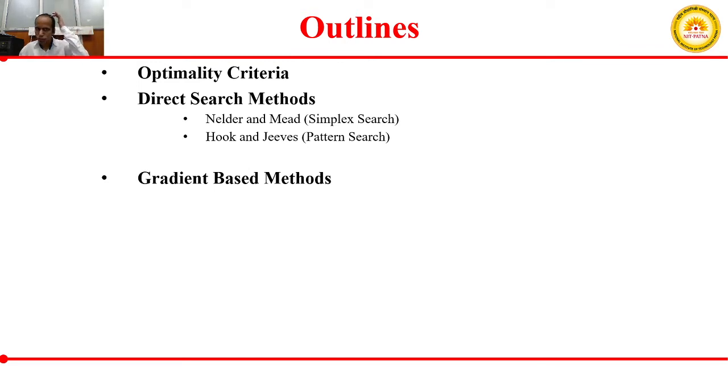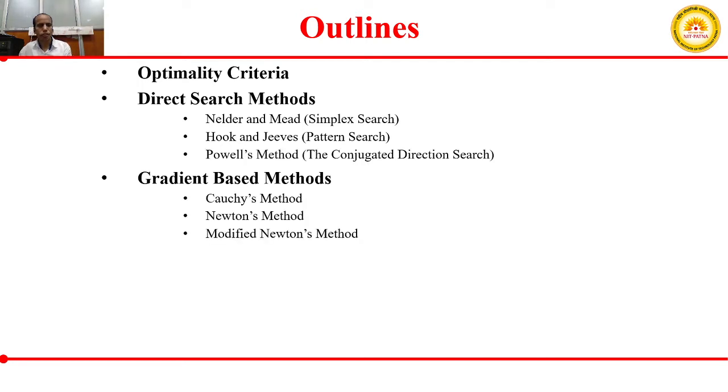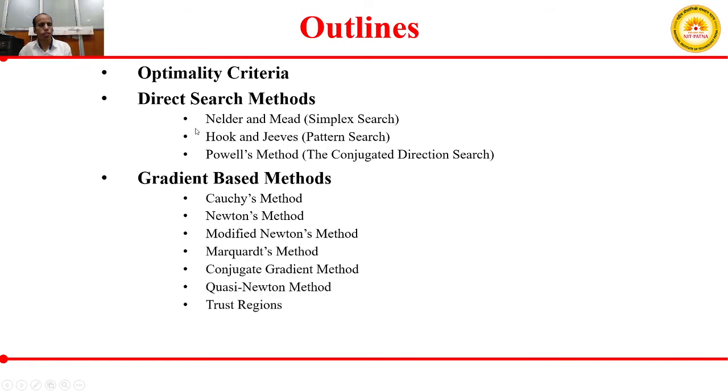Right. So this method is also called the pattern search method, the second name for this Hooks and Jeeves method. So today we will discuss this particular method, and this is a very small topic. So maybe this will be completed within half an hour, and after that we will stop. We will also take one numerical problem based on this method.